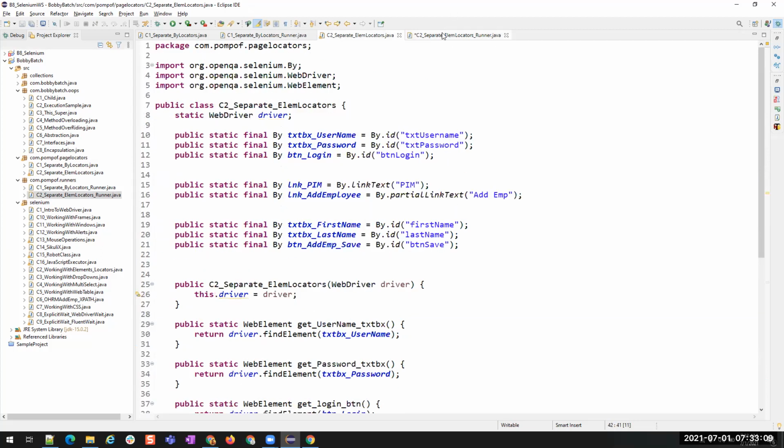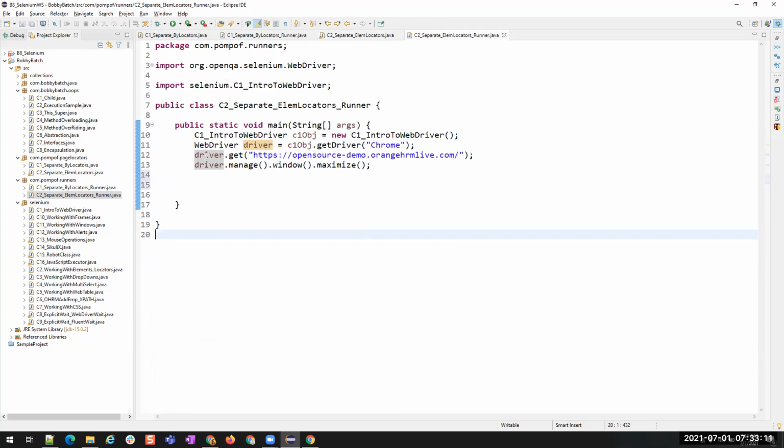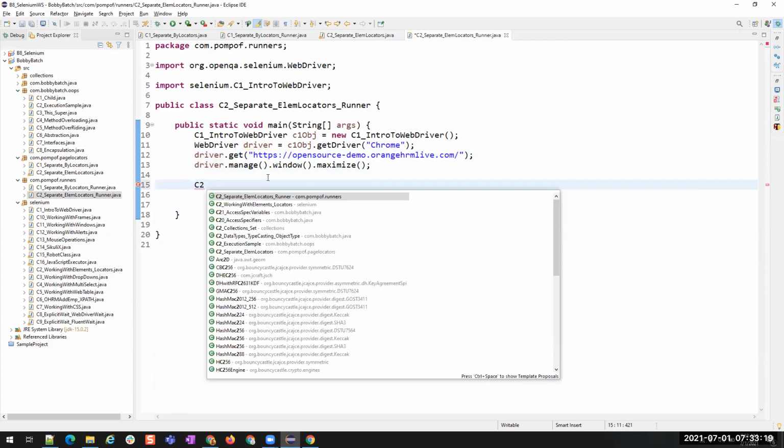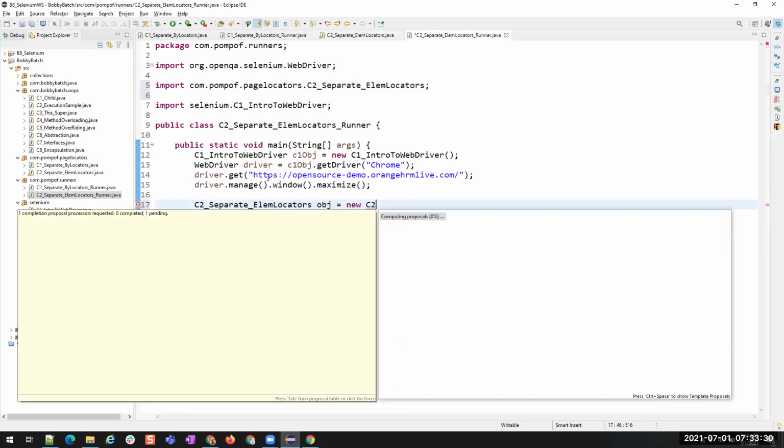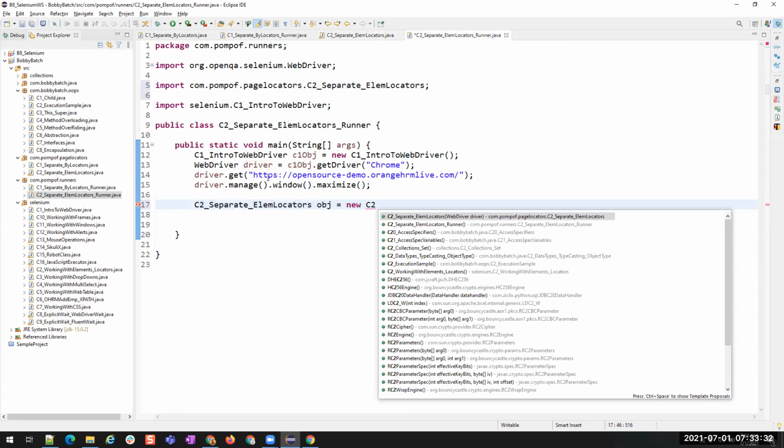Okay. What I'll do is I have to pass this driver object to this particular class, right? So I'm going to create an object for it. C2 underscore separate element locators, obj equals new C2 separate element locators of this driver.